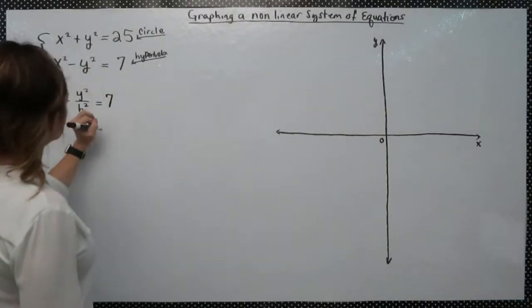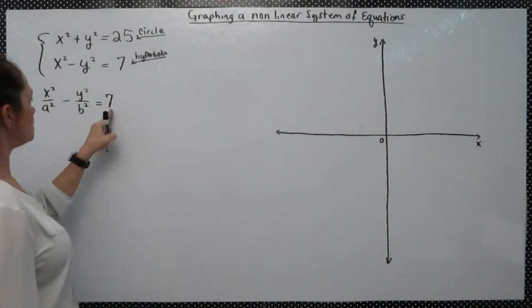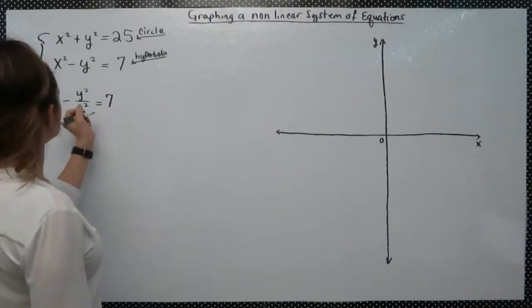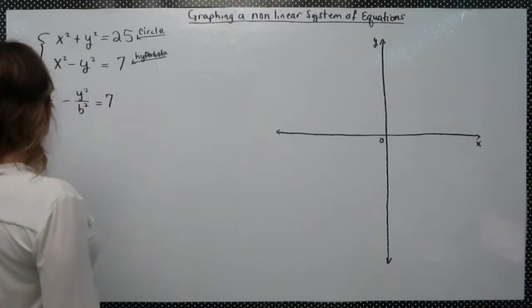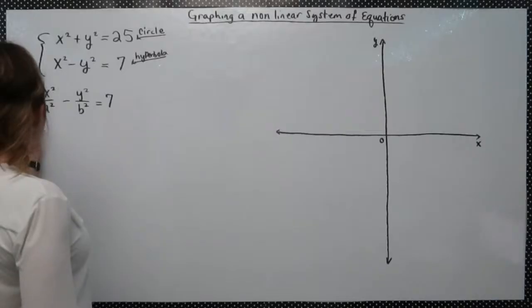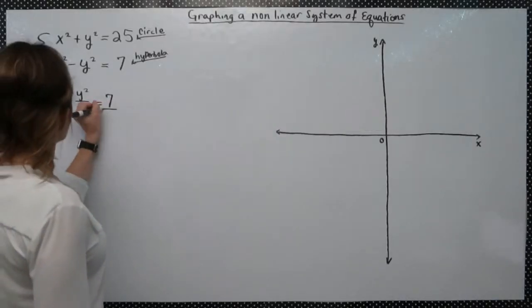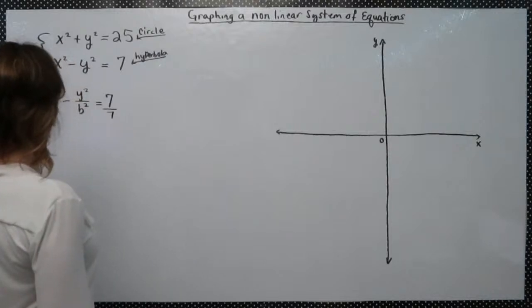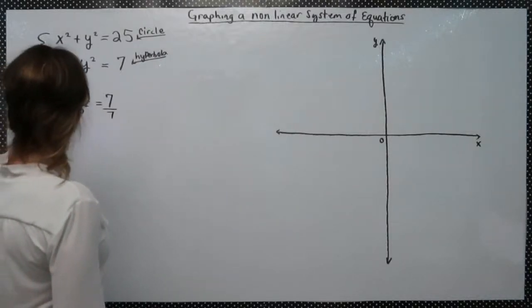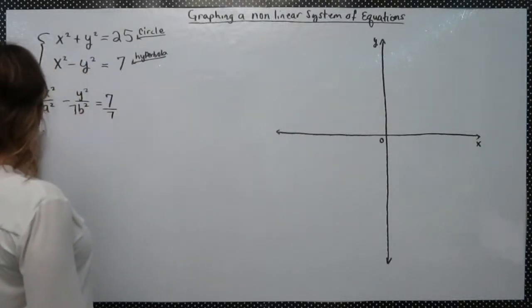And then what we have to do is we have to make this number 1. So we're going to divide everything by 7. So you're going to get